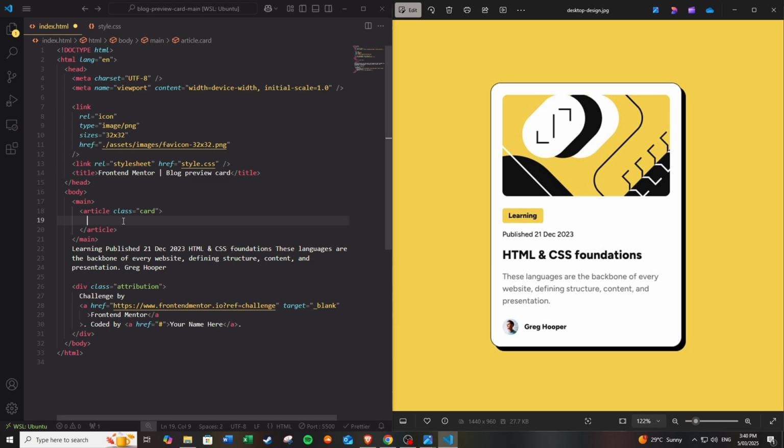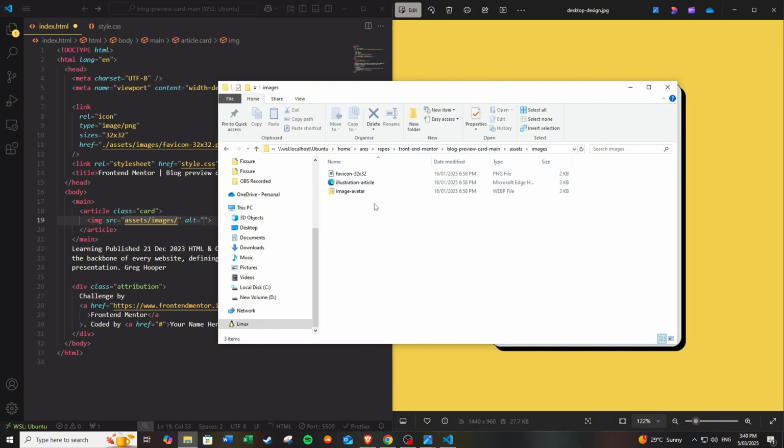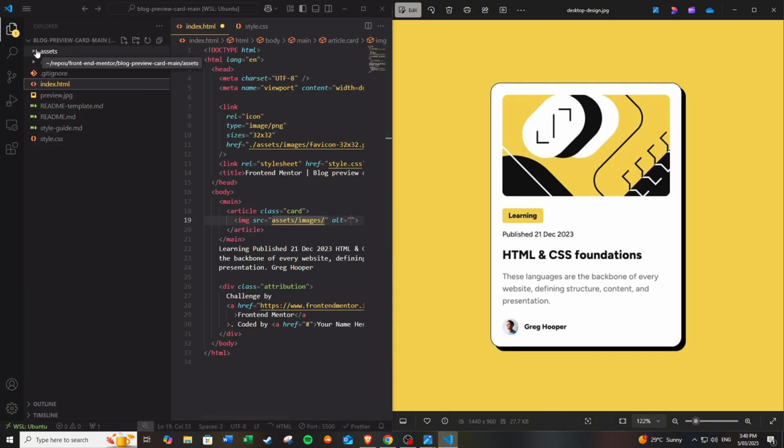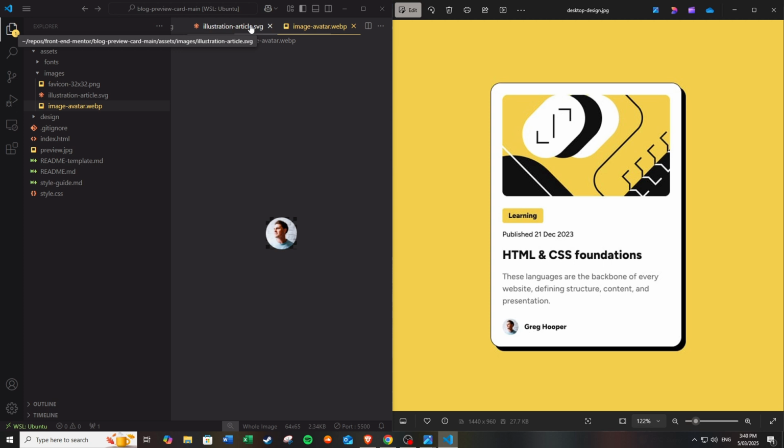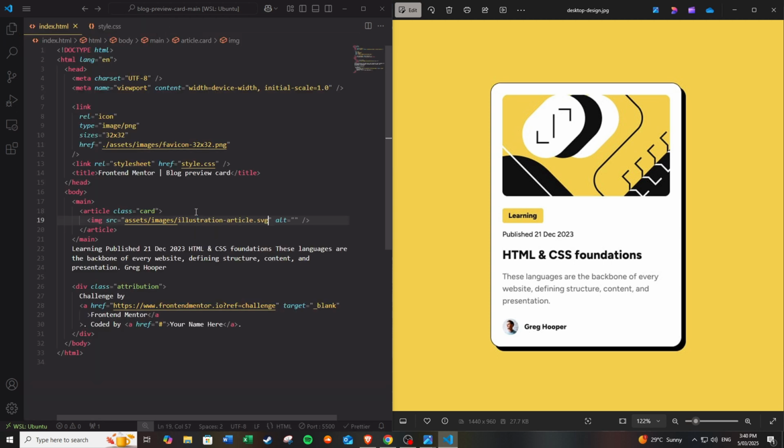I think that's partially due to the difficulty level of these projects. They are tailored towards beginners. When you filter the projects on Front-End Mentor, these are the ones at the start